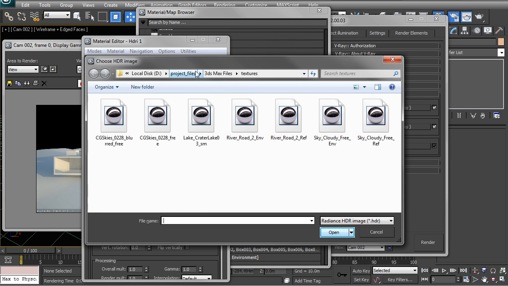Now in your project files, you'll have 3D Max files and then textures, and I have provided a whole range or a whole choice of HDRI files for you to try. Within these, where you see the names being the same, the environment is a low-res blurred file that you will use for your light source, and the REF is the reflection HDRI that you will use only in your reflection slot. So this allows you to use the two together,